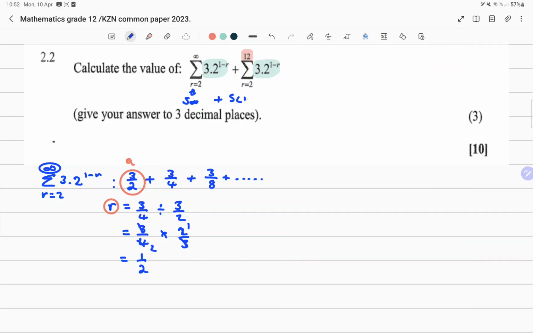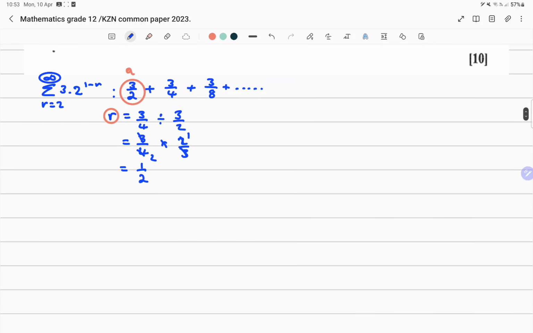It's going to be 12 minus 2 plus 1, isn't it? Because always take the top, you subtract the bottom, and you add a 1. So this becomes 11 terms. So this is basically sum to infinity plus the sum of the first 11 terms of this same series. Okay, so now we can answer the question and say this implies that sum to infinity plus